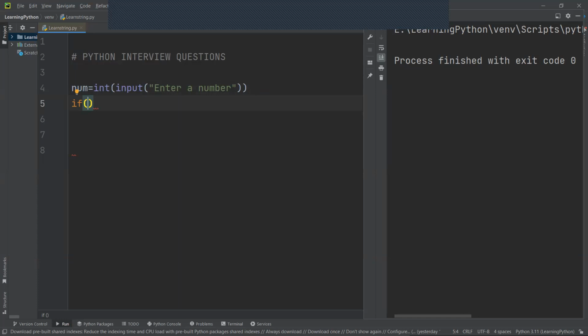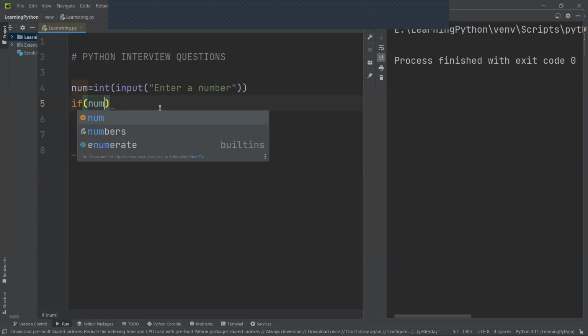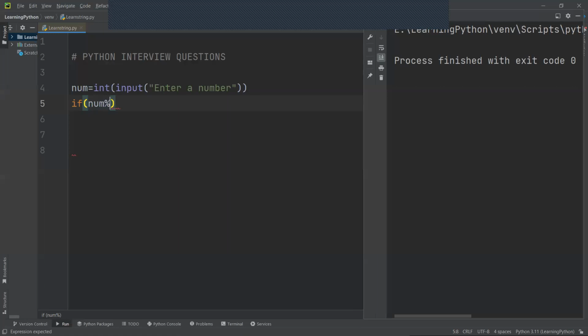Suppose the number is the input given by the user and we have stored it in a number variable. That number mod 2 equal to 0, right? So when you are getting a remainder of 0, then we can say that is an even number. Okay, if the remainder is 0, then the number is an even number. So we can print: this is an even number. Okay, then say given number is